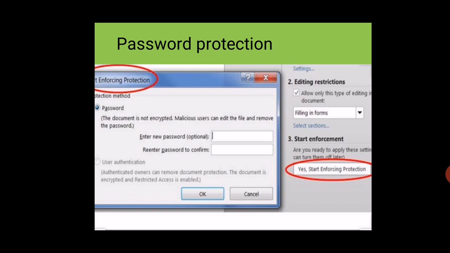If you want to remove this password, then click on the File tab, then the Info option, the Protect Document option, then click on Encrypt with Password. After that we remove the password, then your password will be removed and your data will be unsecured again.